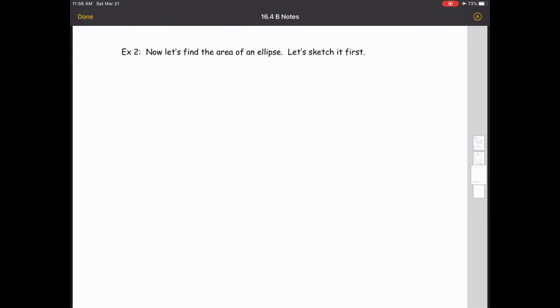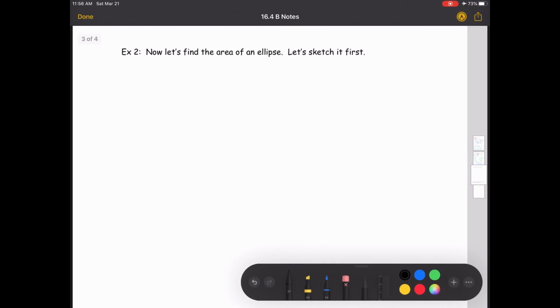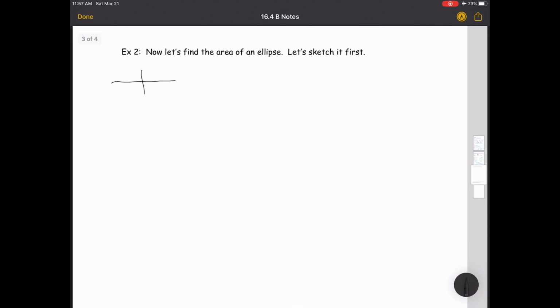All right, our second example here is actually a pretty short one, but I think it's a pretty cool example. We're going to find the area of an ellipse. If you happen to already know what that is, then this won't come as any surprise at the end. But we're going to find the area of an ellipse using Green's theorem in reverse. So the first thing I want to do here is go ahead and sketch some kind of an